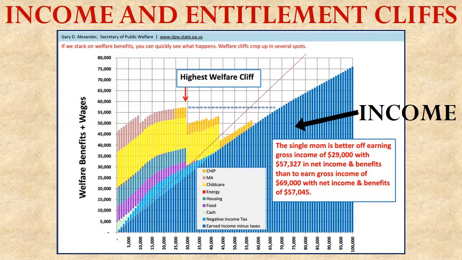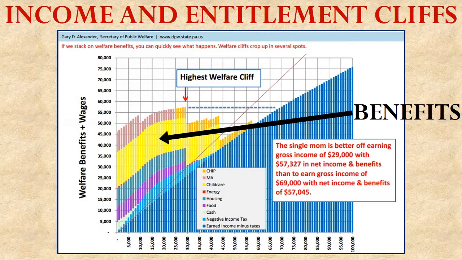Then below that, we've got these blue columns coming up. They're representing how much of that money that she earns she actually gets to keep in her paycheck. So the reason they're different is because some of the money is lost to taxes. As a matter of fact, as her income gets bigger, she loses more and more money to taxes. That's why these blue columns underneath aren't the same height as that line that goes diagonally across the diagram. So remember, the line is showing what her wages are that she's supposedly getting. Then the blue is showing her income that she actually gets after taxes are taken away.